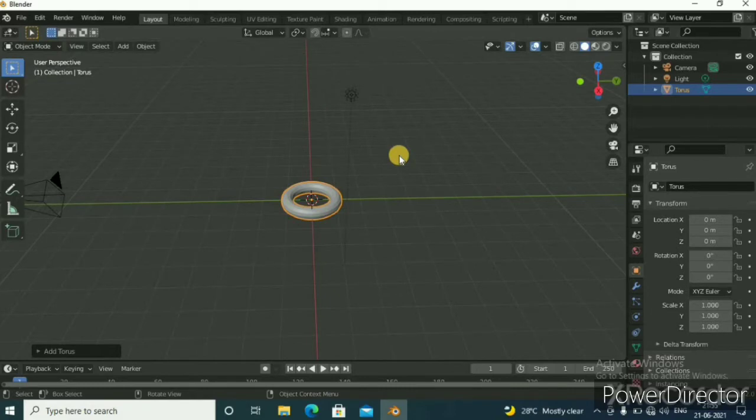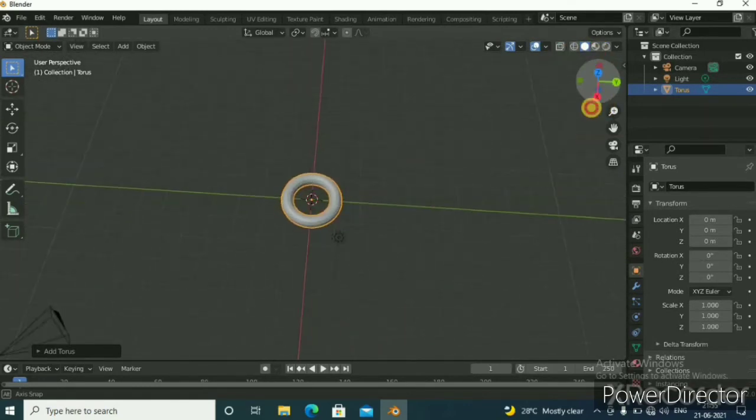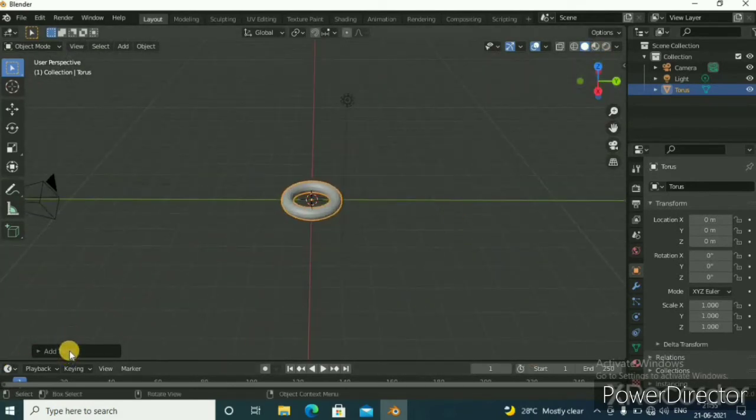One thing I want to tell you is that you cannot click anywhere on the viewport. Viewport means this area, these intersecting lines with squares. You cannot click on the screen. You can only move. The reason I will say later.